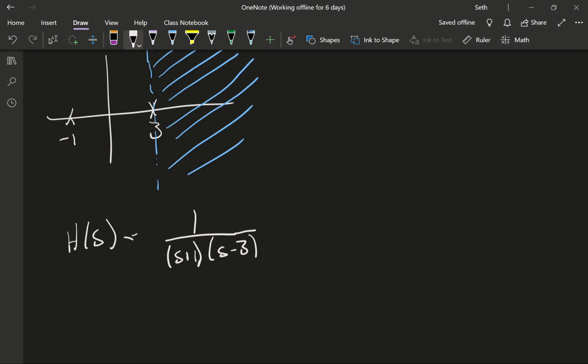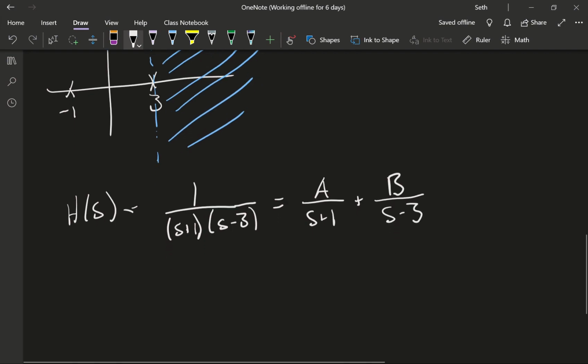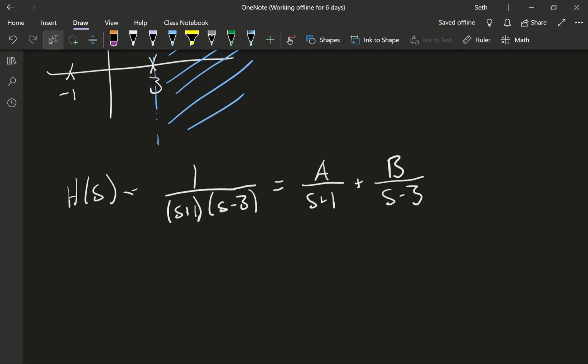So we're going to do partial fractions. You can do this however you want. This is the way I do it. You might find some other way easier. You should know how to do this though, and if you don't, go read up on it. There are a lot of resources, Khan Academy,